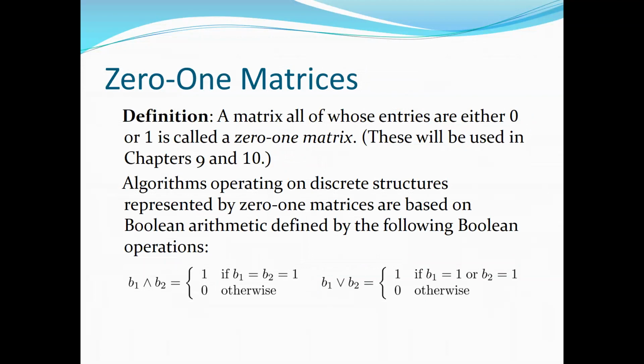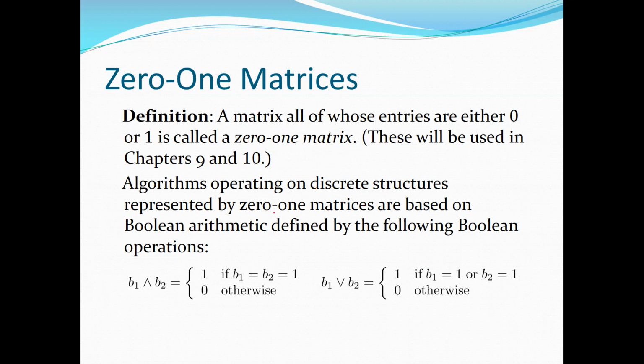0 1 matrix, this is very much used in computer science. So a matrix all of whose entries are either 0 or 1 is called a 0 1 matrix. So such a matrix where all the entries are either zeros or ones, right? So algorithms